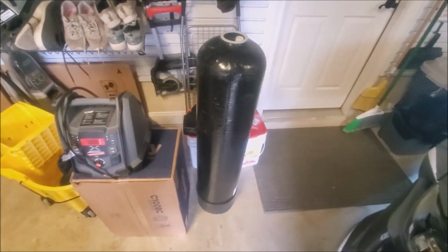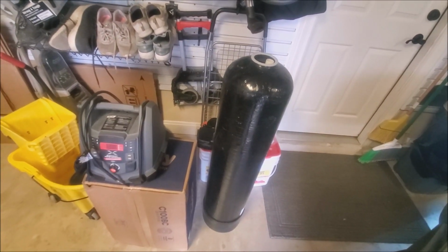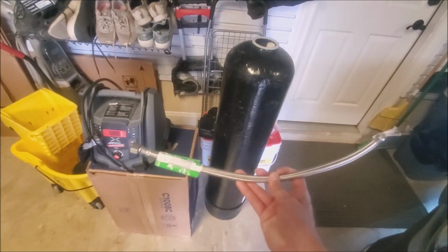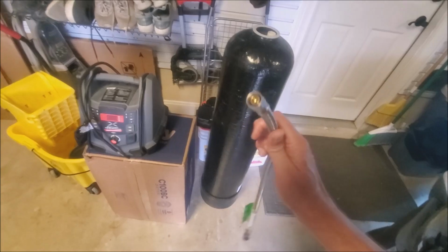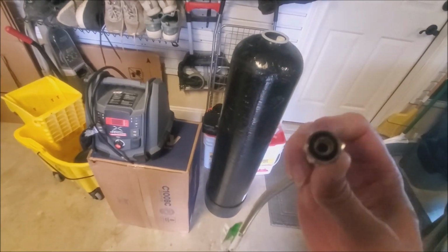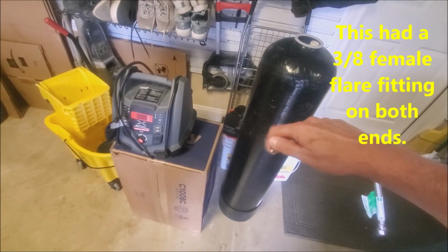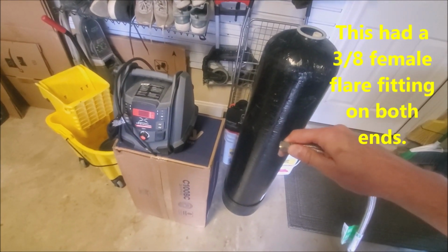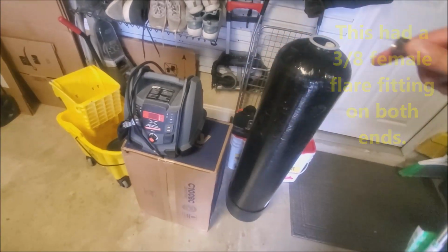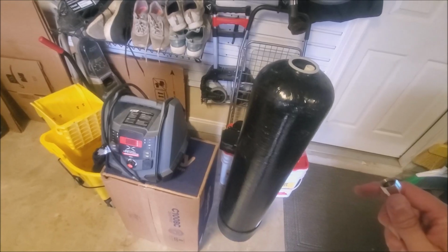Since on some of the sinks I got one side to work but not the other, I bought a 20-inch flex tube, and this is like the water supply tube, but it's the same fitting on both sides. So it's the side that goes onto your shutoff valve under the sink. And so what I did was I connected the hot to the cold, and then I opened up a bunch